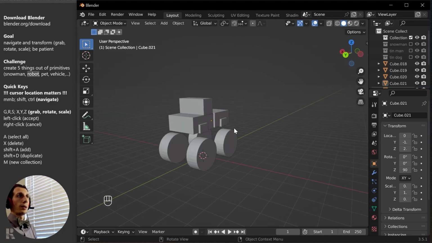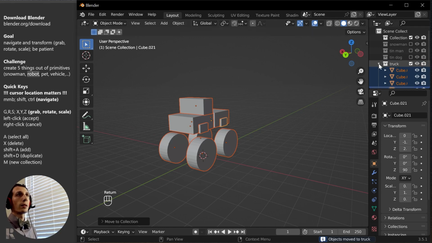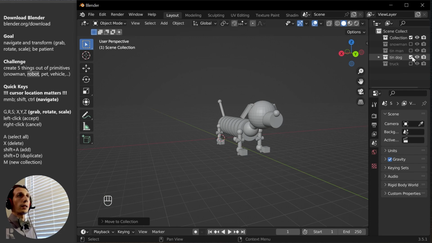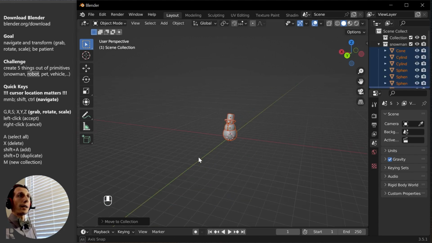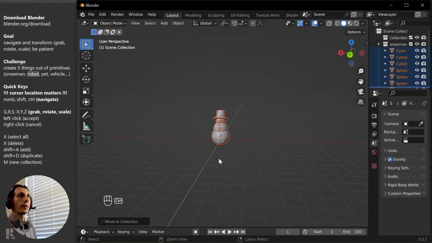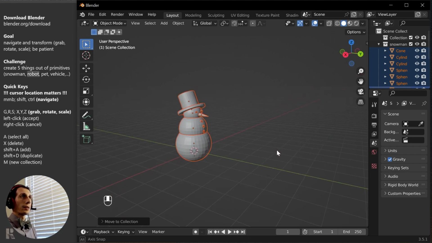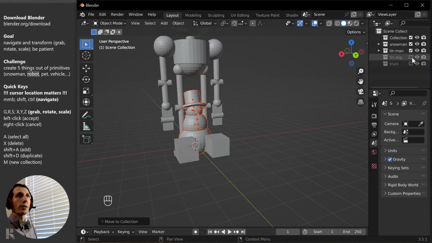So there we have the truck. I'm going to move that to a new collection. Call that truck. And we've got the tin dog here. We've got the Tin Man and the Snowman here. So I'm going to set those out so that you can see what they look like. For the example file, I did a little bit of